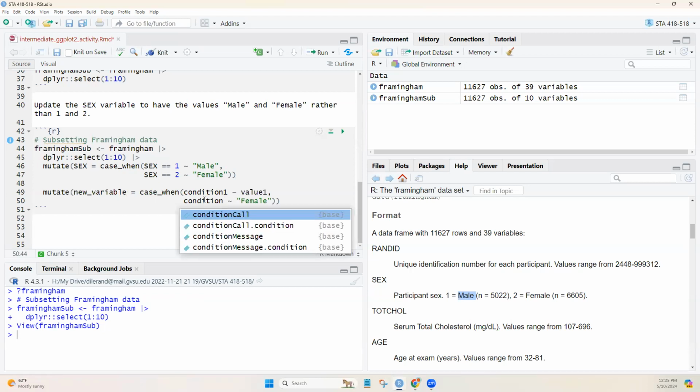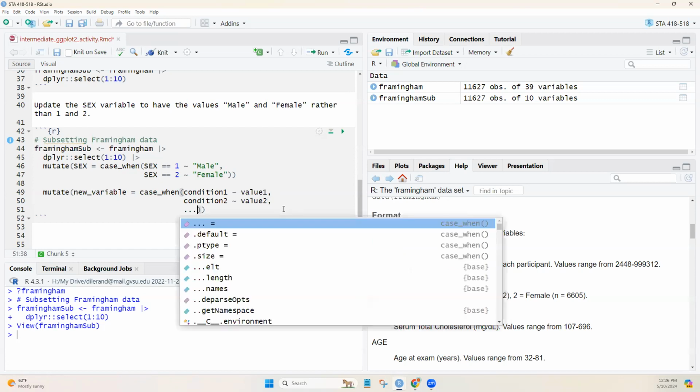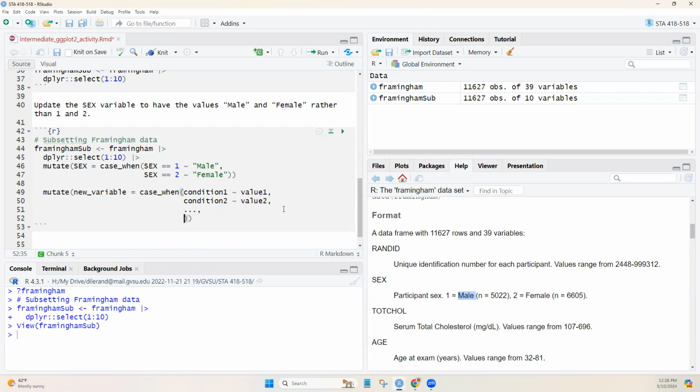If that condition 1 is false, we check a second condition typically, and then we'll assign a different value. And this will go on until you have many conditions, however many you need. And then typically you have a closing condition, we call it a catch-all, that is always true, which we do by just having all caps TRUE. And then it's the final value we would assign to the new variable. So that's the general structure of how case when works, which can conditionally assign a value depending on different conditions